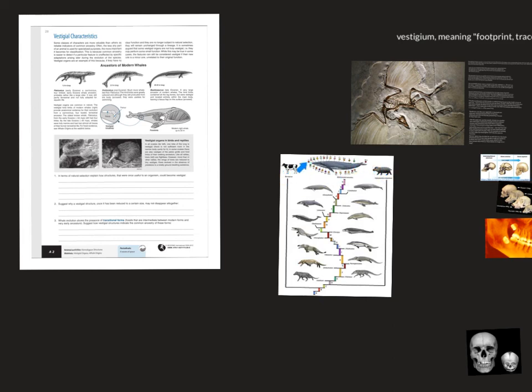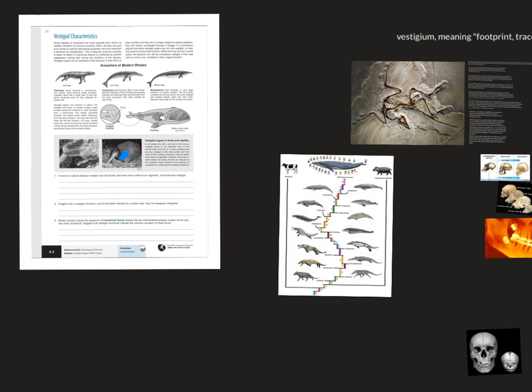You can see connections between them and their common ancestors because, in part, of these vestigial organs that give us a clue that the whale actually was a land-walking animal at some point. Otherwise, how would you explain it having a femur and a pelvis? The same with the snake, which was a land-walking organism at one point, because how else would you explain that it has a pelvis and an extra lobe? The kiwi was some type of bird that flew through the air.